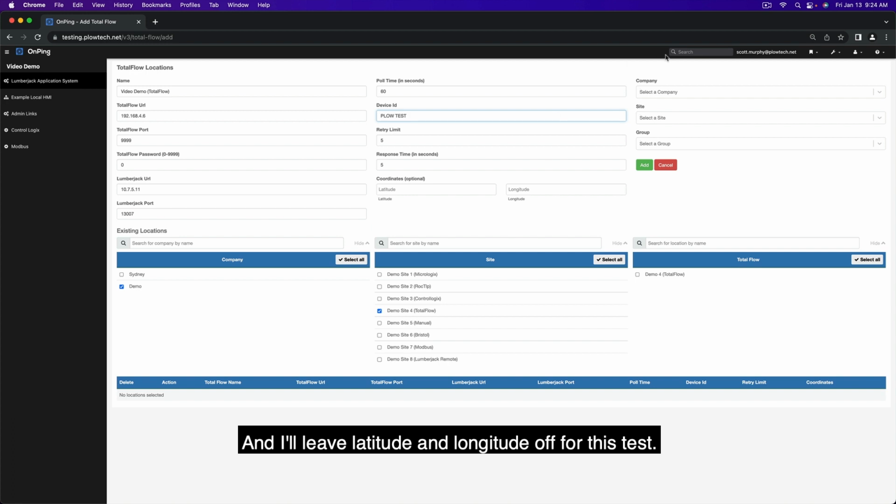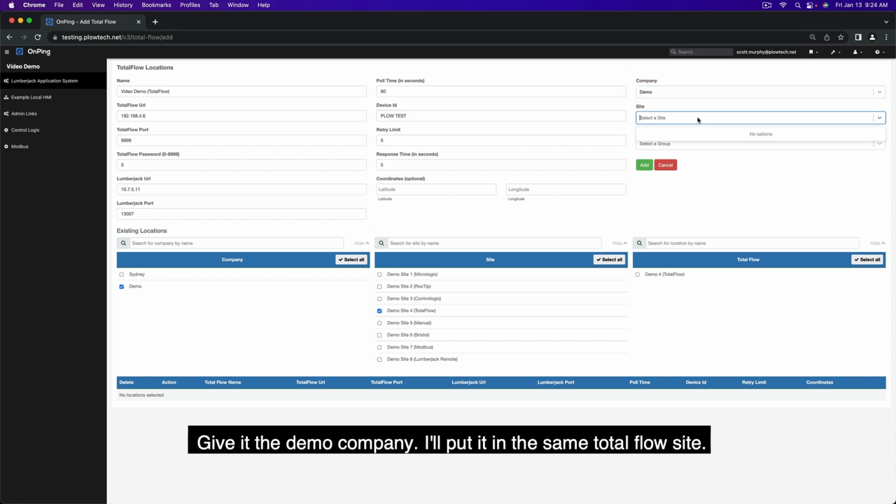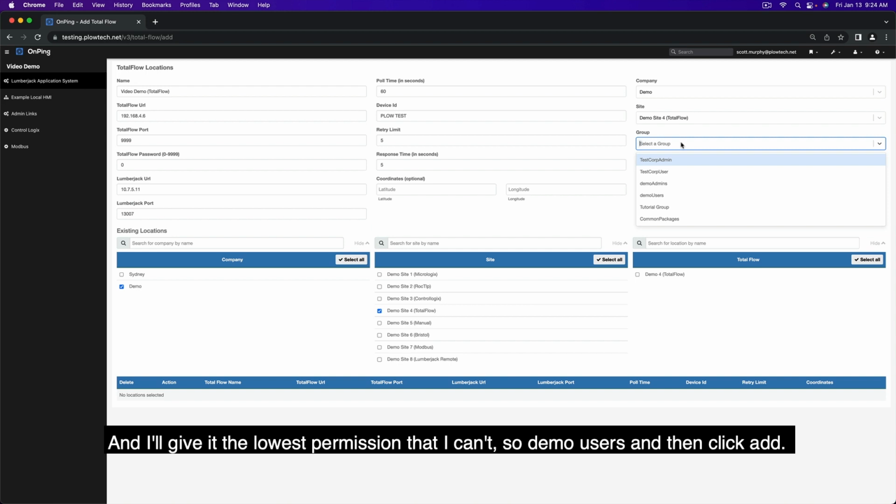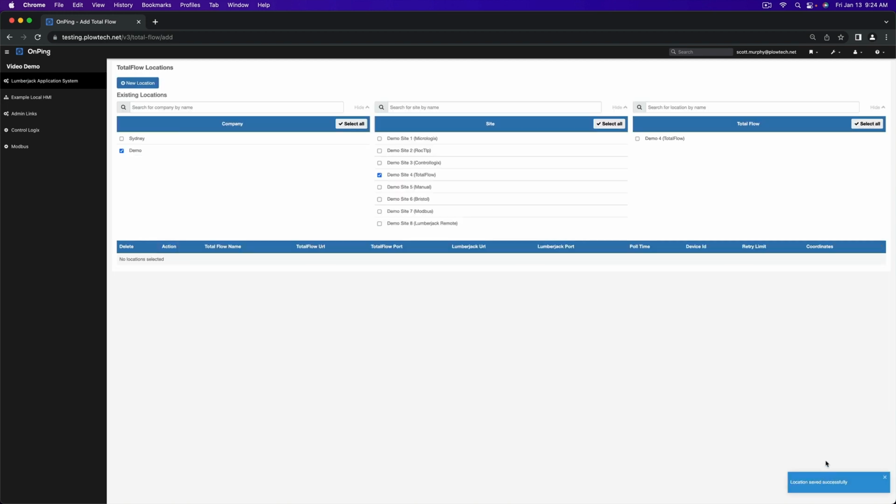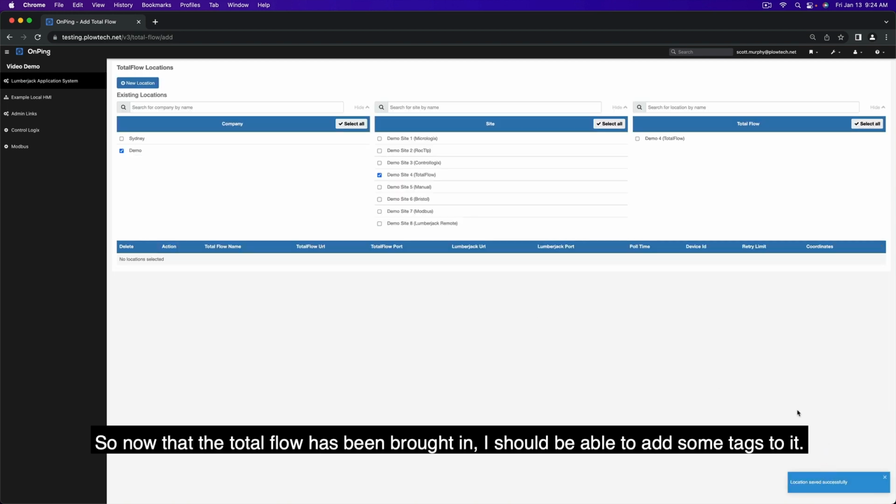And I'll leave the latitude and longitude off for this test. Give it the demo company. I'll put it in the same TotalFlow site. And I'll give it the lowest permission that I can. So demo users. And then click add. Location saved successfully. So now that the TotalFlow has been brought in, I should be able to add some tags